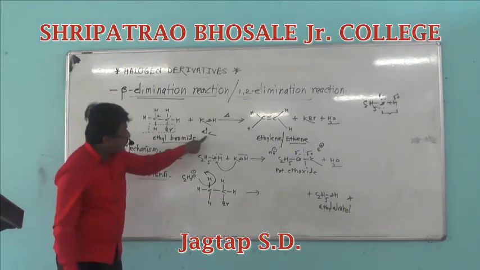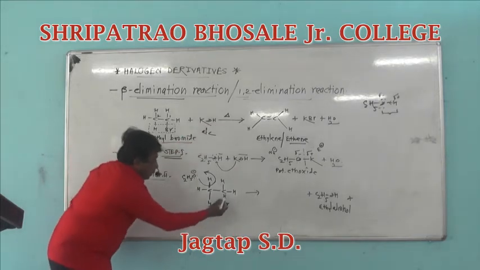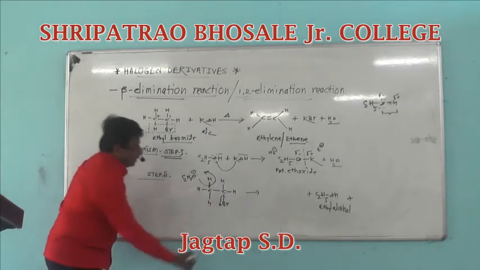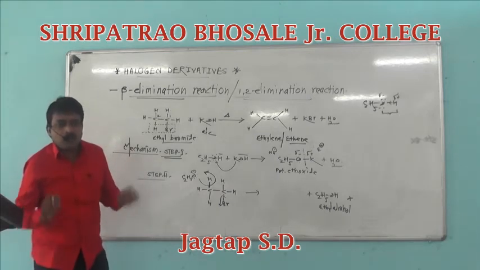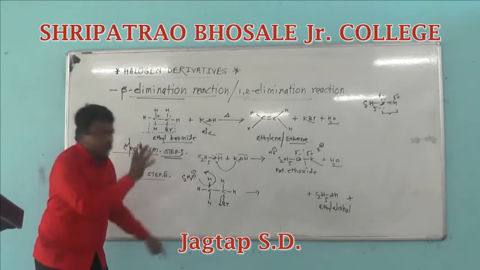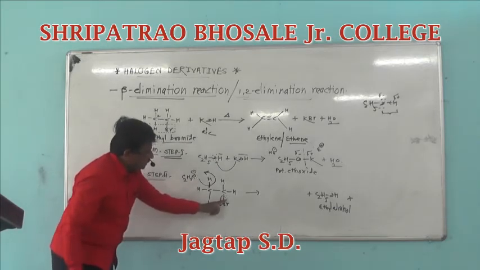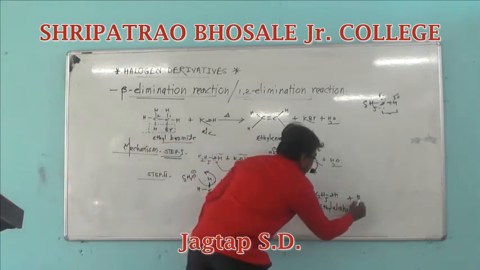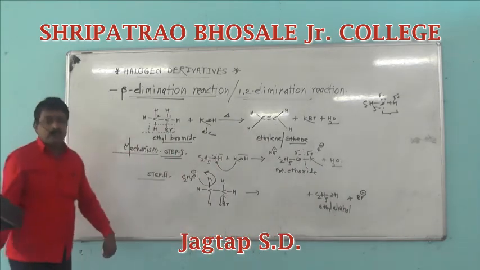In the presence of a polar solvent, in the presence of alcohol, the breaking of the C-Br linkage takes place heterolytically. That is, one of the partners retains both the shared electrons. Here the bromine atom retains both the shared electrons towards itself and is eliminated as a bromide ion, that is Br minus.